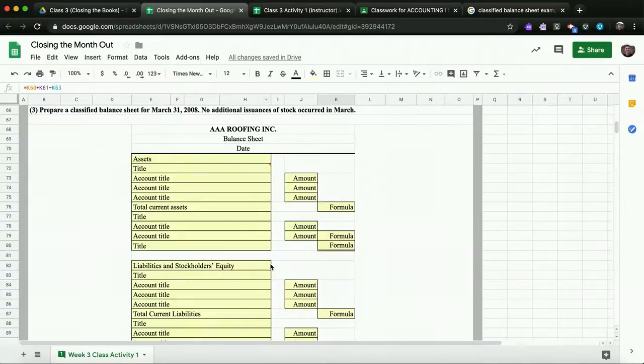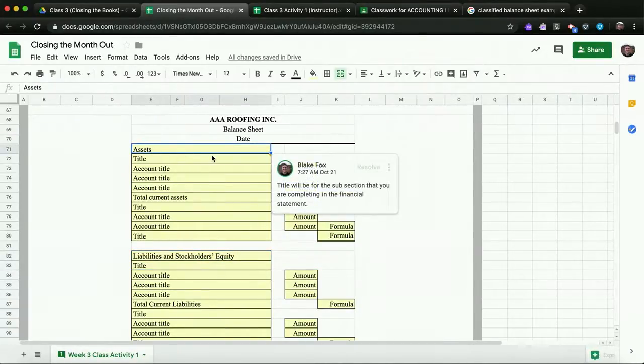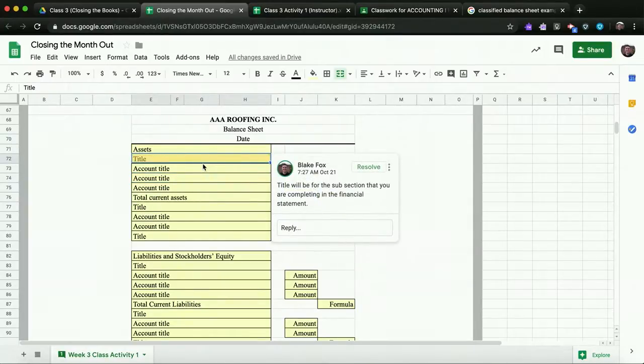So let's go back to closing the month out. And so you can see right here, this is going to be my assets, my liabilities and stockholders' equity. And then I've got my assets here. Now I agree with you guys, I don't really like the way that this is formatted. Maybe in the future I'll put more effort into reformatting these from the sources that I get. But that's not going to change a huge amount